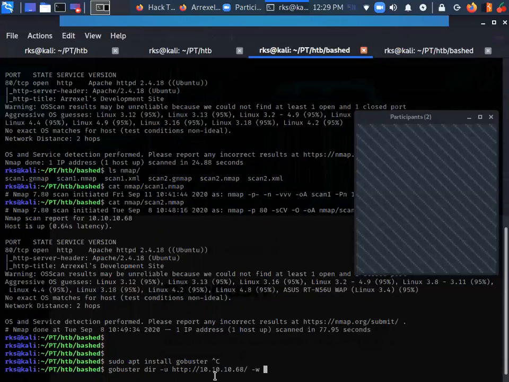What kind of wordlist do you want to provide? I'm going to provide /usr/share/wordlists/dirb/common.txt. This is the path for a wordlist which is already present in my Kali Linux system, so I'm simply going to use that one.